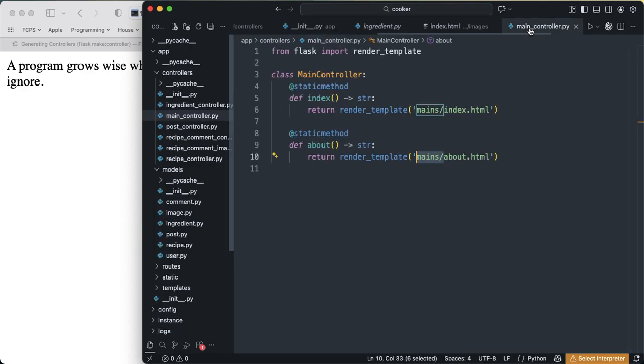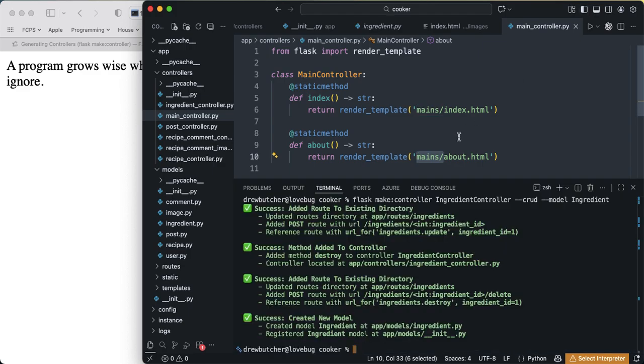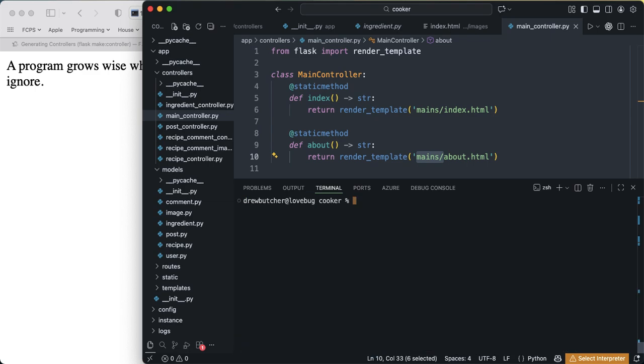All right, so let's do this. Let's show this with the generator flag. The generator flag is just, instead of two minuses, one minus m. And what that will do is infer the model name from the controller. So if I just go in here